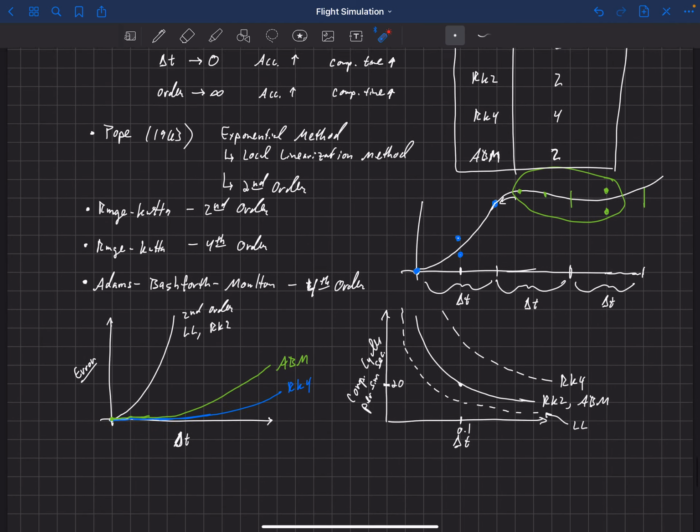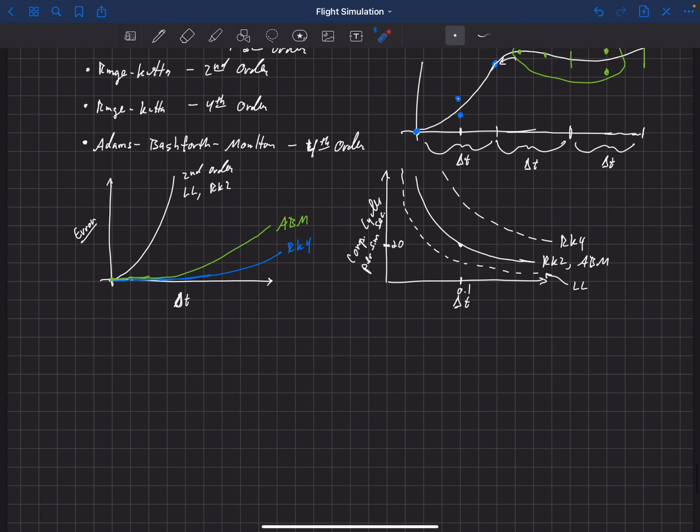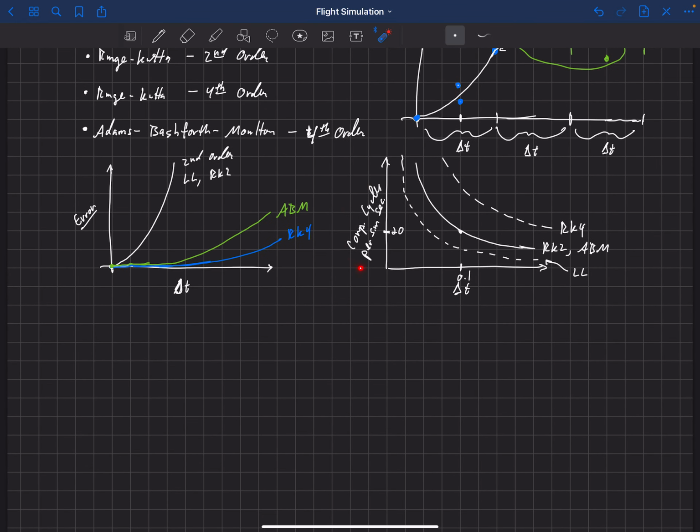Okay, so again, this actually isn't a fair comparison either, because this neglects the accuracy. This only looks at the number of calls we're making per time step, and this looks at the error per time step, but neglects the number of calls that we're making. So really, the best way to compare these is to take the information here on the y-axis and the information here on this y-axis and compare those. Okay, so we're going to look at that here for our final comparison.